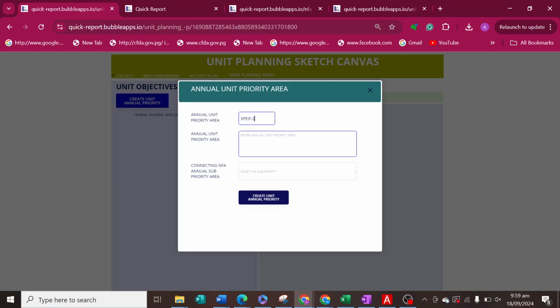And then you have the annual unit priority area. This one is basically the objective. So I have to change this text later and put objective. But you would enter the objective. For example, in this case, we will do it for planning. So we'll say